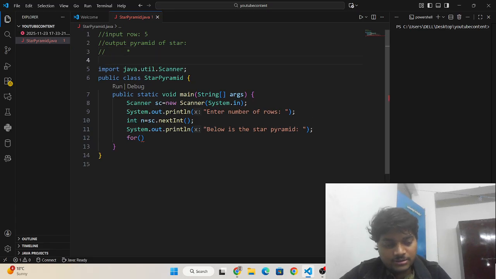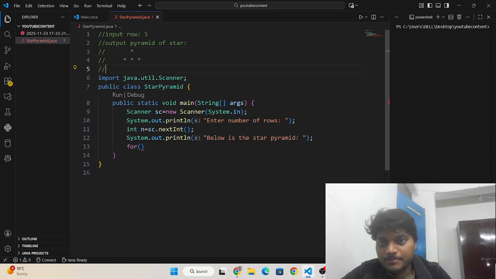One star in the first row, then three in the second row, and in the third row it will be 5.